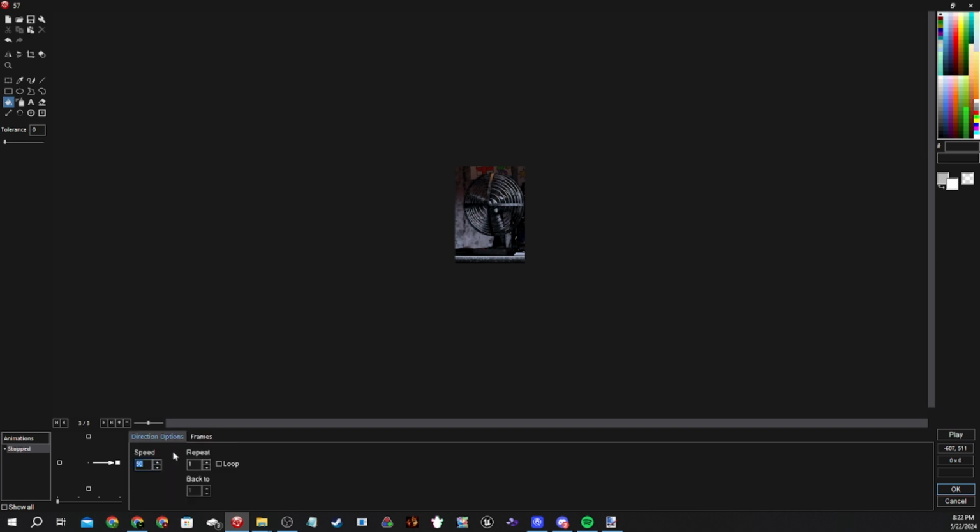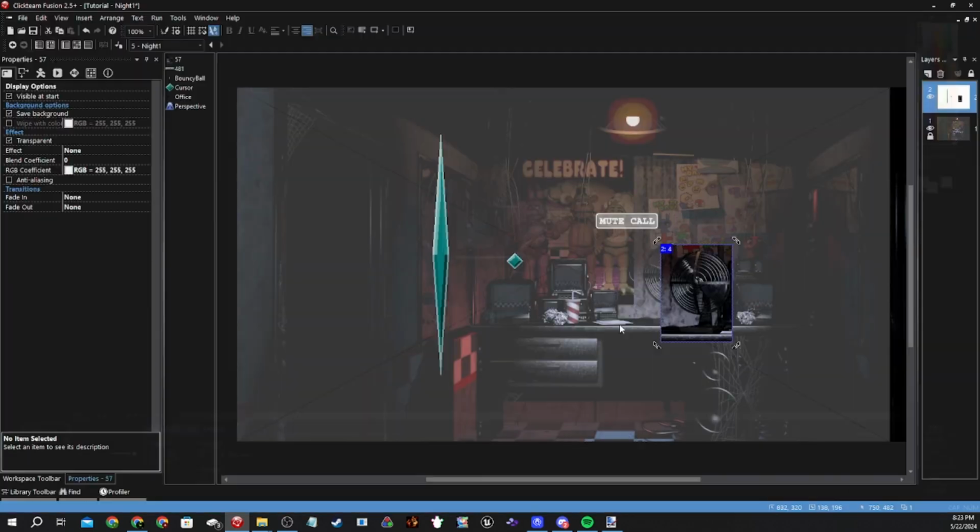Next, you want to go to your direction options for speed and loop it. So when you hit play, that is way too fast. So just tweak the speed with whatever works for you. That's about right. That looks a little weird, but